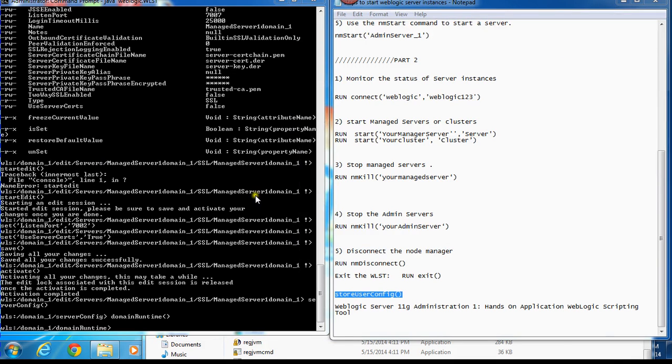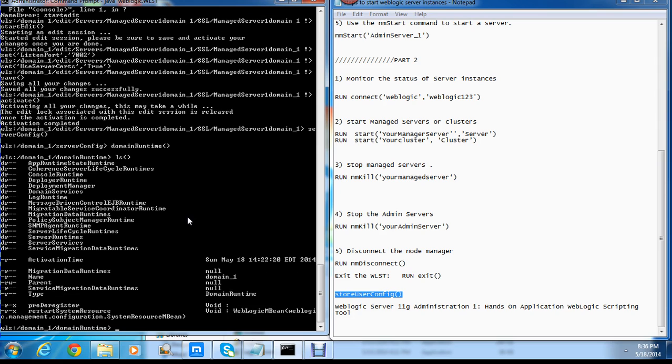Okay, so I'm already inside of domain runtime, right? Let's say I wanted to review the performance of my instance, my service. What I would do is run ls, and then let me go into server runtimes. So I'm going to run cd server runtimes,